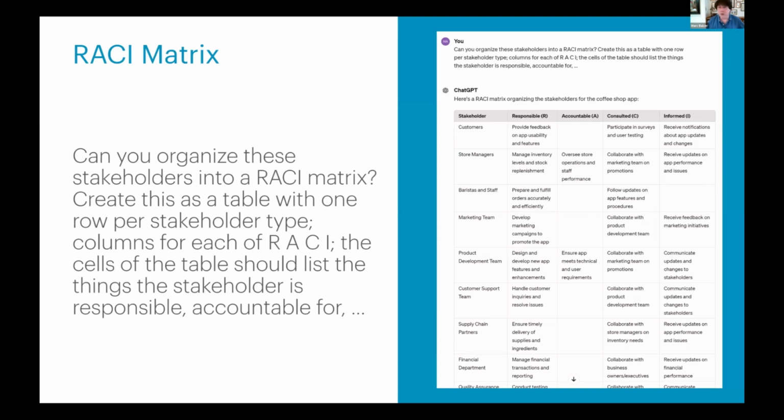One of the things you'll see again and again is that the AI agents are really good at being able to translate content from one form to another. Why? Translating content from one form to another is boring and repetitive. Who likes boring and repetitive? Computers, not people. Okay, so the result of this is a meaningful RACI matrix for our job.